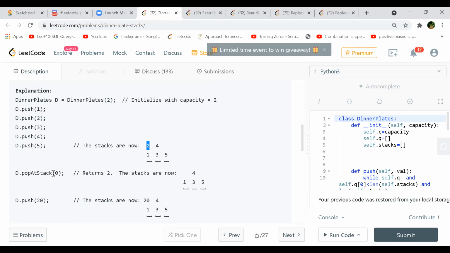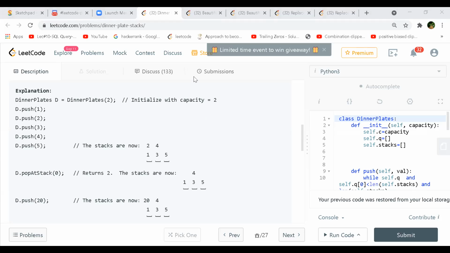And then he's pushing 20 since this stack is empty. But why not 20 at the third place? I think the requirement is that if any of the stacks is partially filled or empty, the first stack which is empty or partially filled, you need to push plates there first.